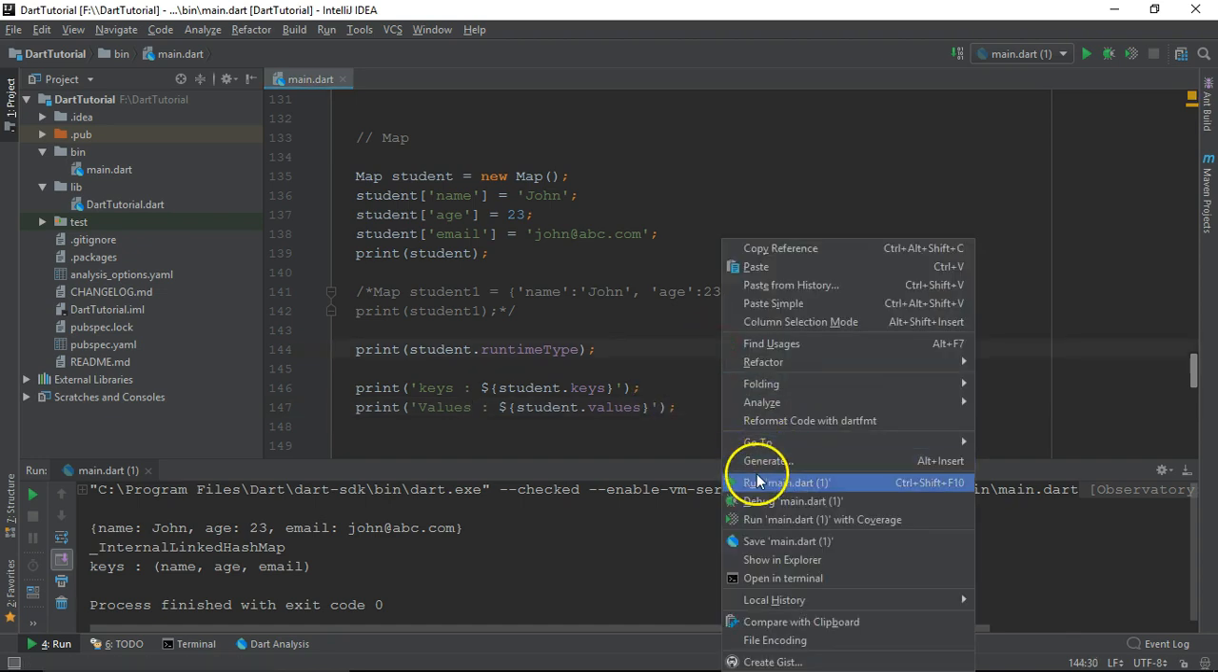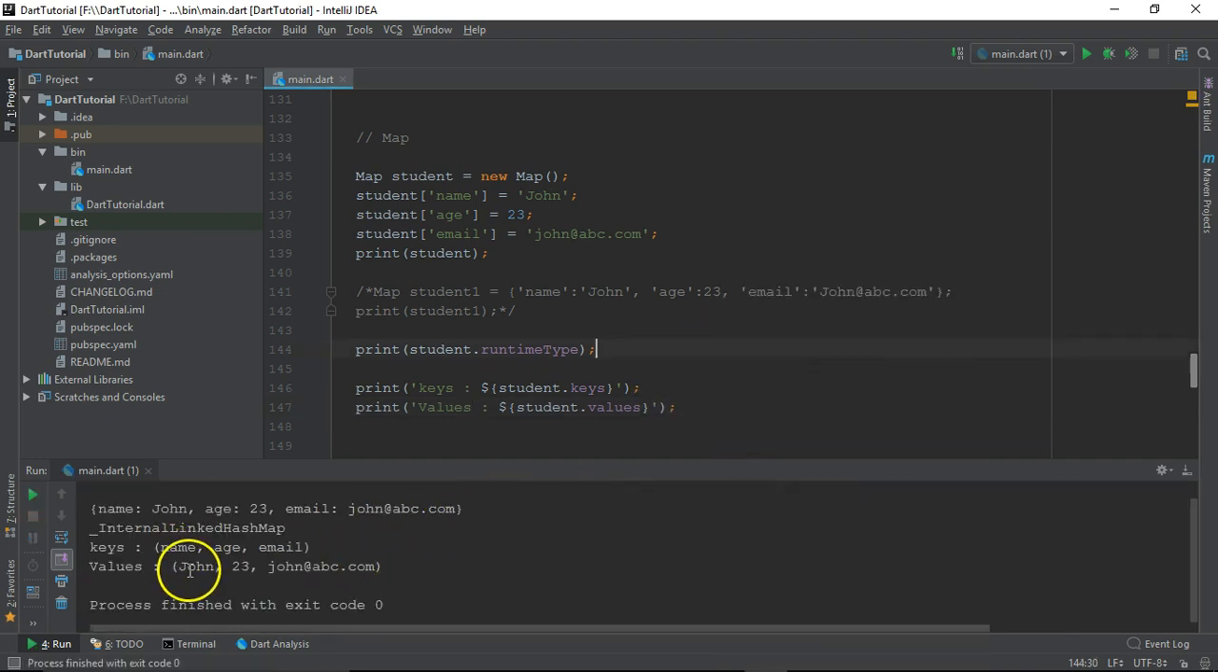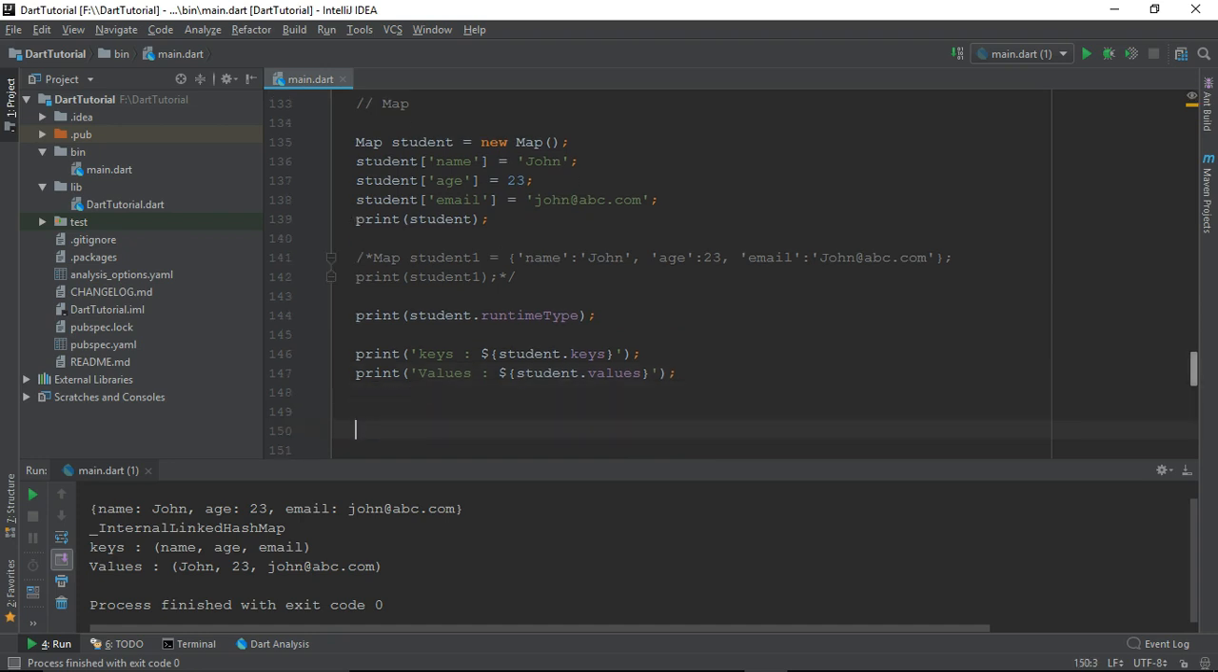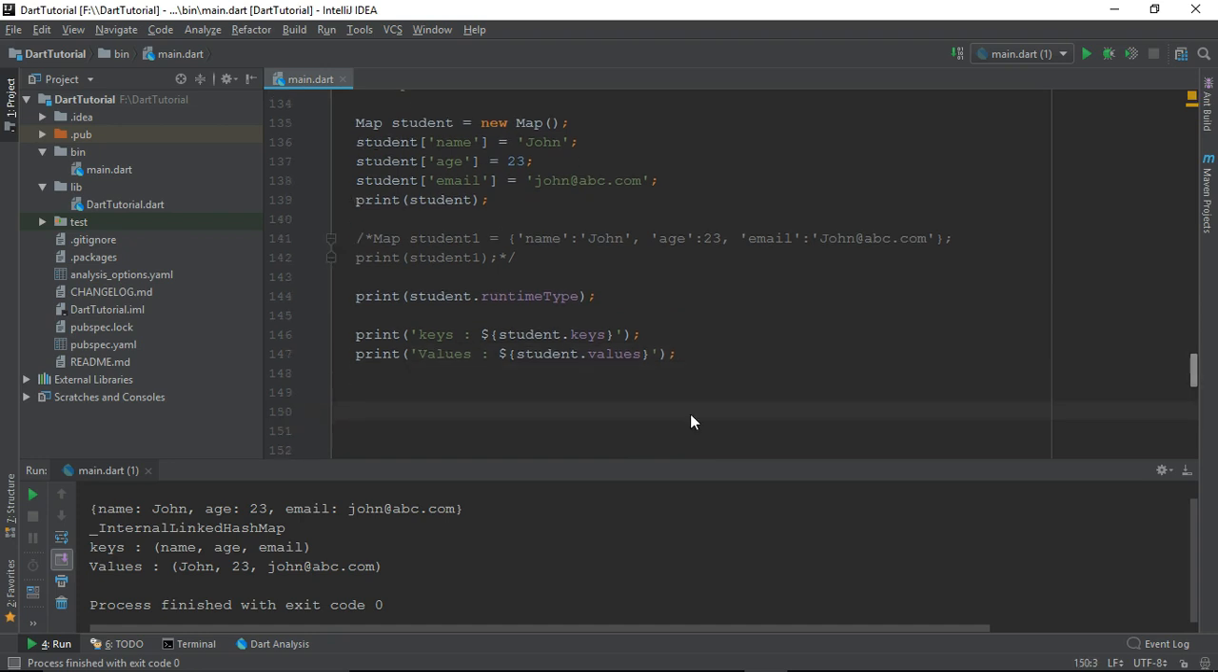Okay, let me just run it. So values are John23 and john@abc.com. So these are the values. Now let's say if I want to access one particular value of one particular key, so I can simply use